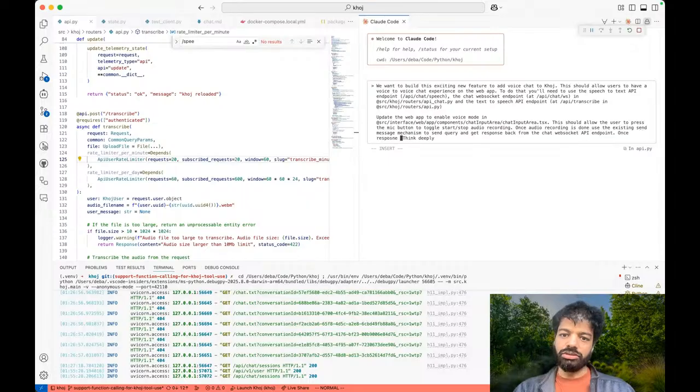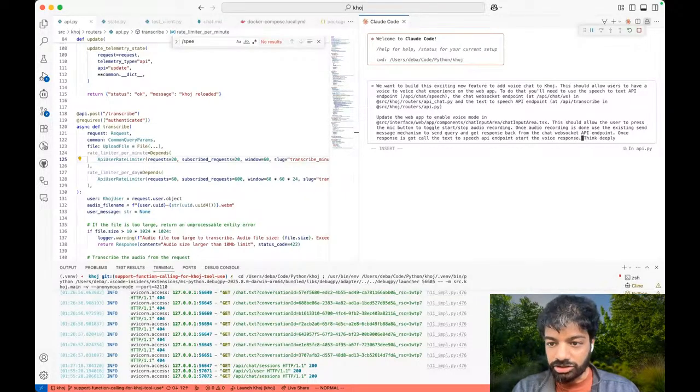Once response is got, call the text to speech API endpoint to start the voice response. Okay, so you told it a bunch of things. Unclear how much of it will be able to do, but